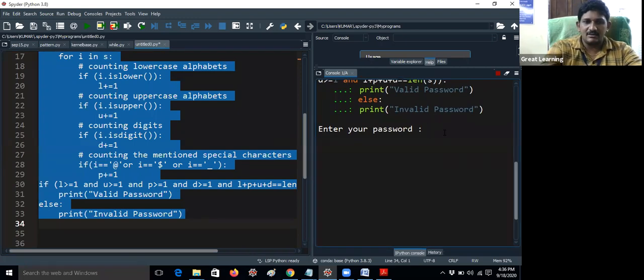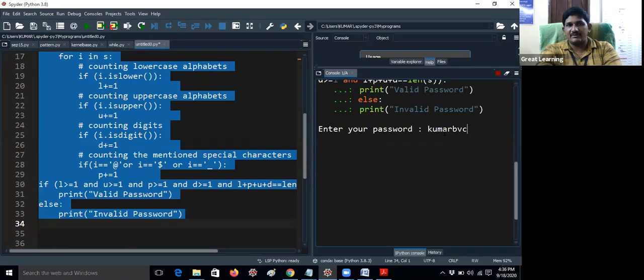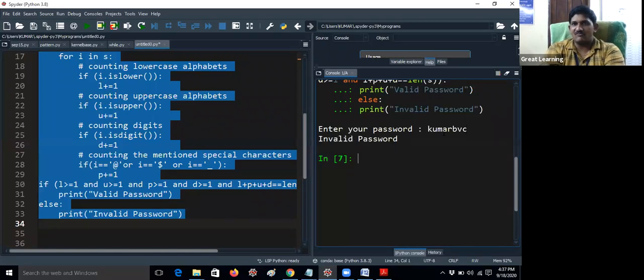I am writing just Kumar BVC. It is wrong actually, because a valid password must contain a capital letter, a small letter, a special character and digits. The four should be there. I am giving Kumar BVC, and I am getting invalid password.